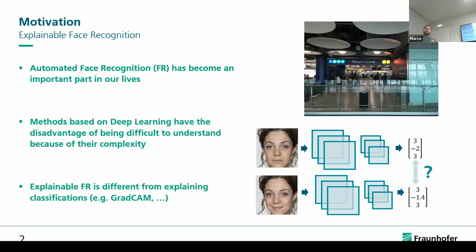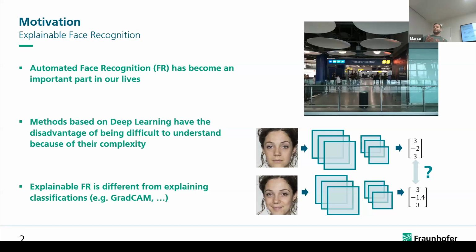And the reason why we need to better understand these systems is because they are based on deep learning, which means, of course, as you all know, that we don't really understand what's going on there. They are highly complex, they have millions of parameters, and we want to know better what's going on. Because first of all, we are working in security-related areas. We use them to get access to mobile phones or to flights. We also process private data. The face is defined as private data by GDPR, and we want to know, if a system processes our private